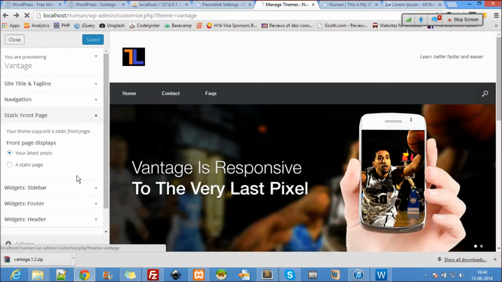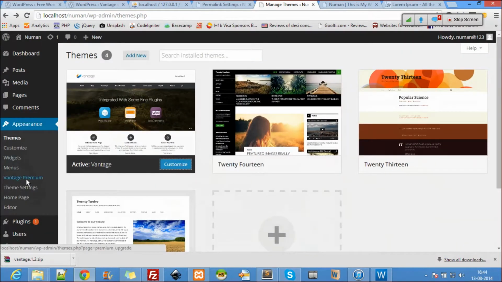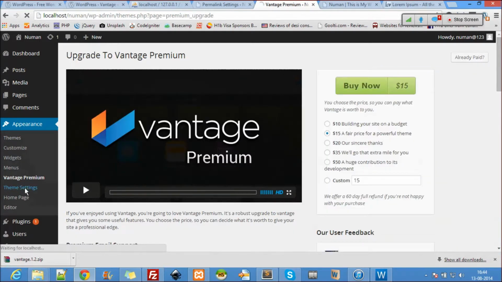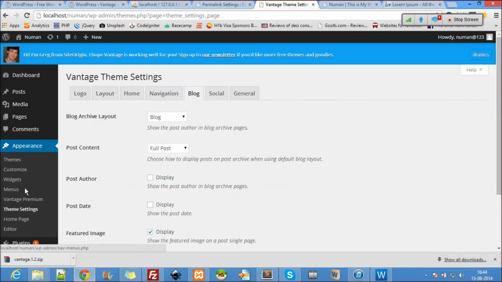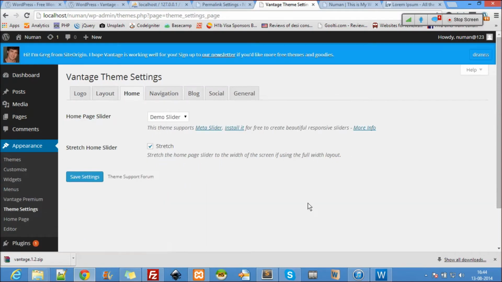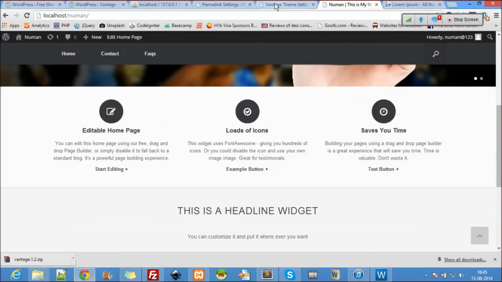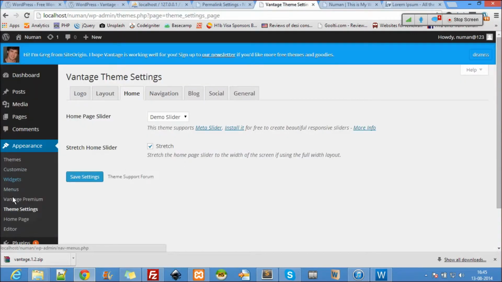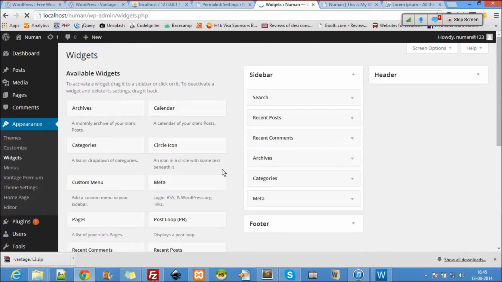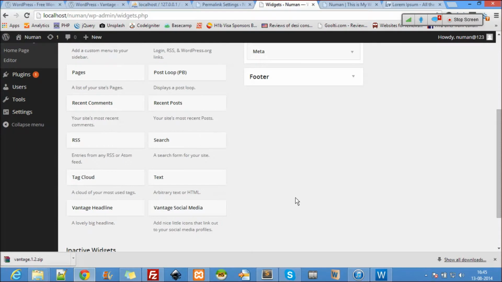Maybe the theme settings. Theme settings. So home page, demo slider. Yeah, the theme supports meta slider. Save settings. But I really want to know how to change these icons. So most probably the theme will have it, maybe in the widgets section. Or something. Let's explore that later.